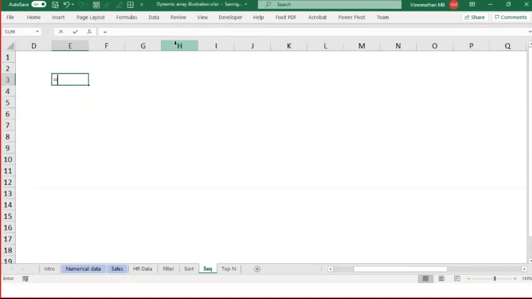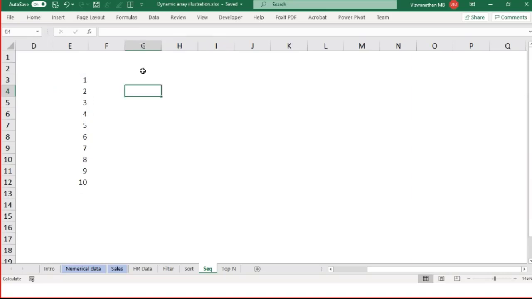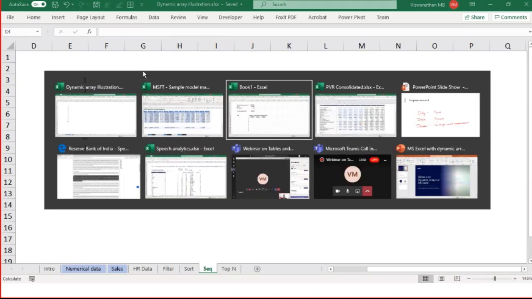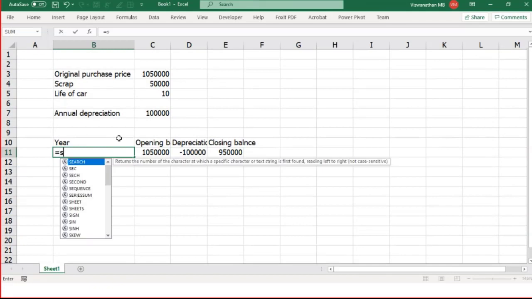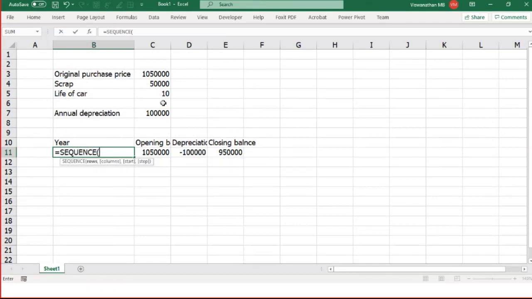I simply put equals sequence, and if I type 10, it's going to create a sequence of 10 numbers for me. Nothing else, but this functionality is of very big use to us. Just to show you, instead of typing this year of 1 to 10 manually, I could use a sequence function to generate this. Equals sequence of 10.